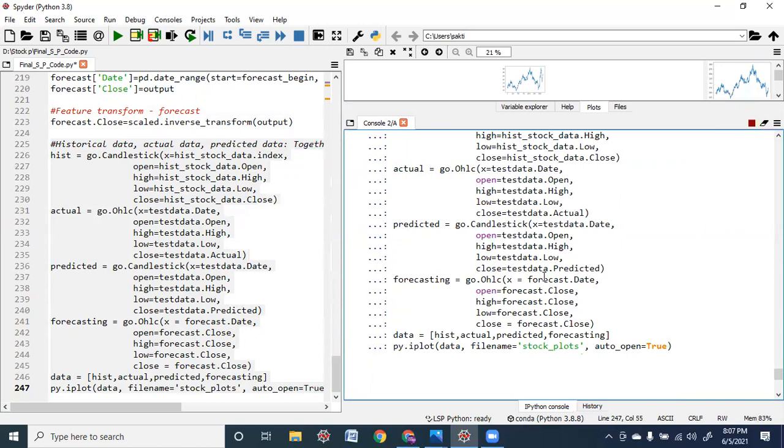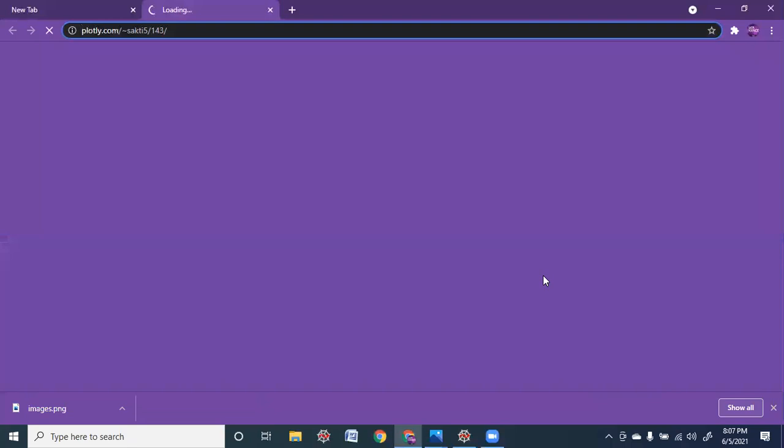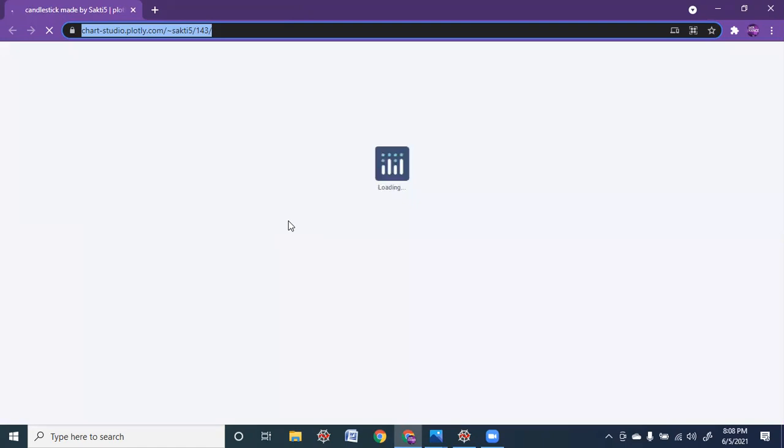So it is executing now. The earlier combined graphs you people have witnessed in the same plot section of Spyder. Whereas here we are getting into Plotly and in a separate file it is saving. So this we are doing it with chartstudio.plotly.com.